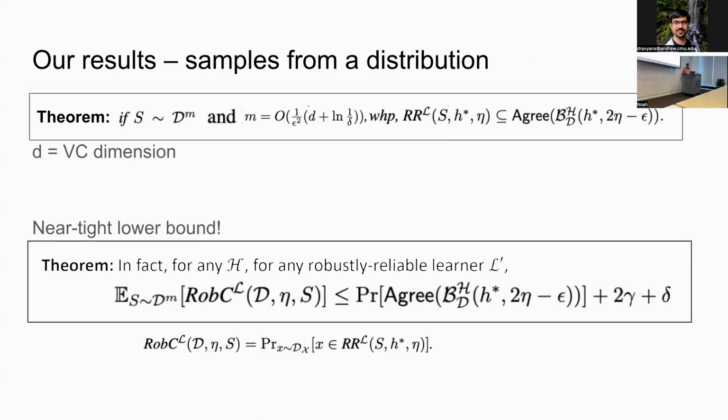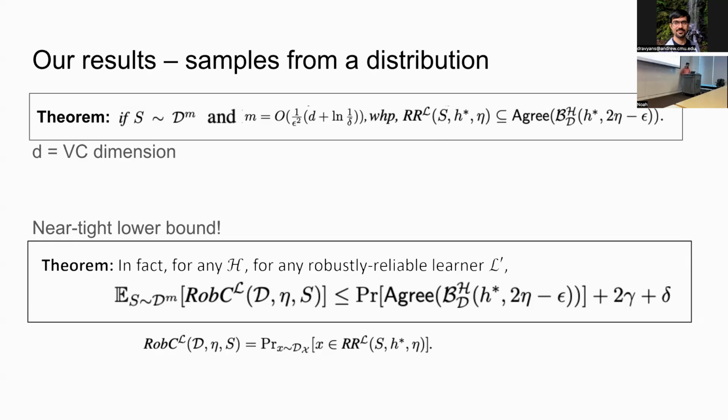So far we've considered what if we have access to samples, what if our samples are coming from a distribution. Again, it's straightforward to use classical results from learning theory to extend our results to the distributional settings. Suppose the sample S was coming from some distribution and then the adversary gets to corrupt it. Suppose the size of the sample is at least d over epsilon square, where d is the VC dimension of